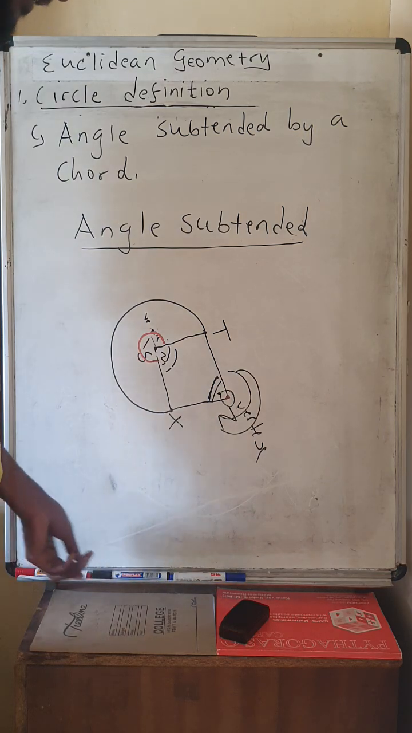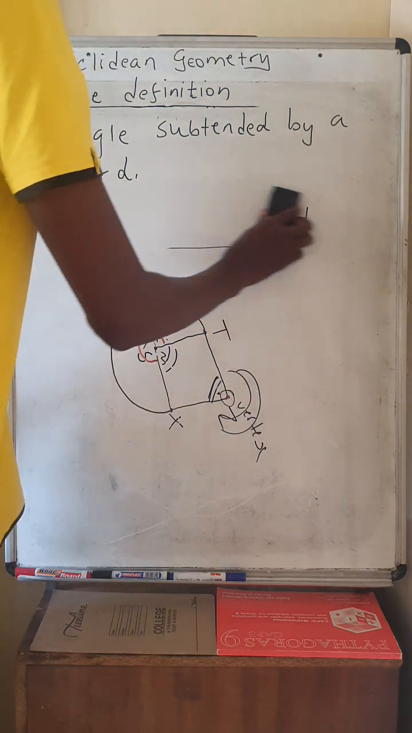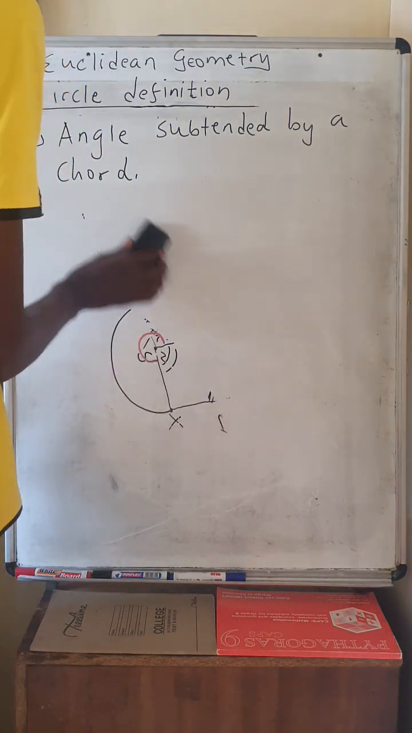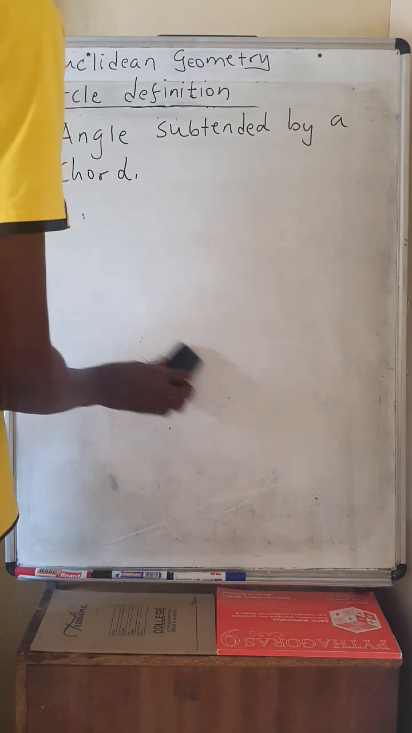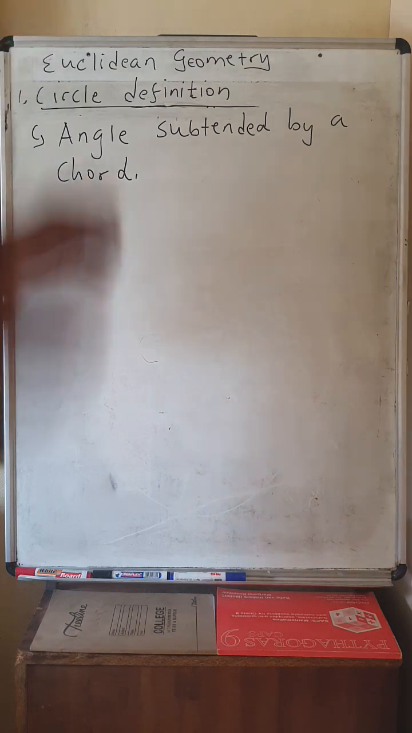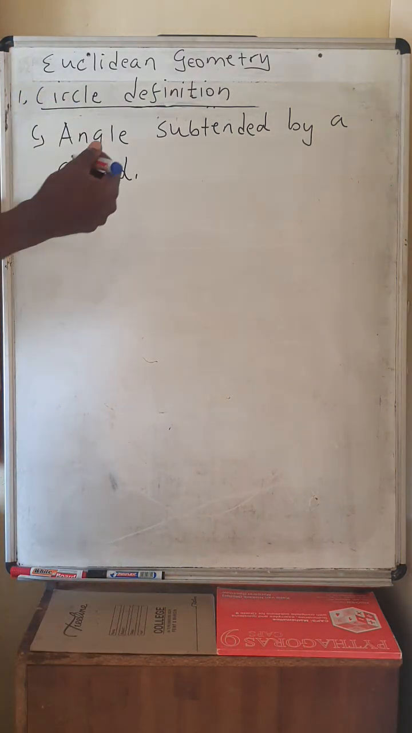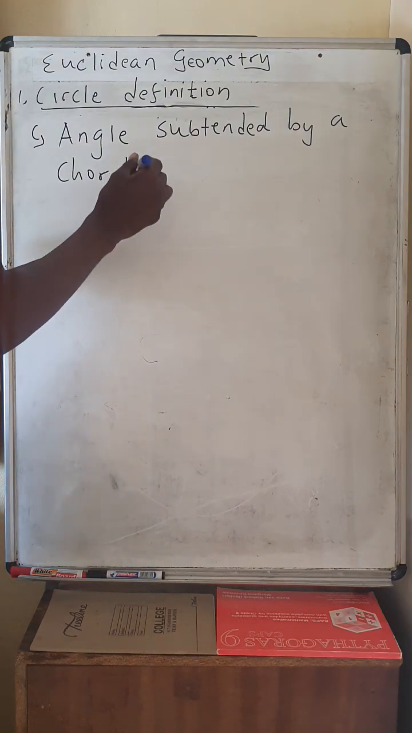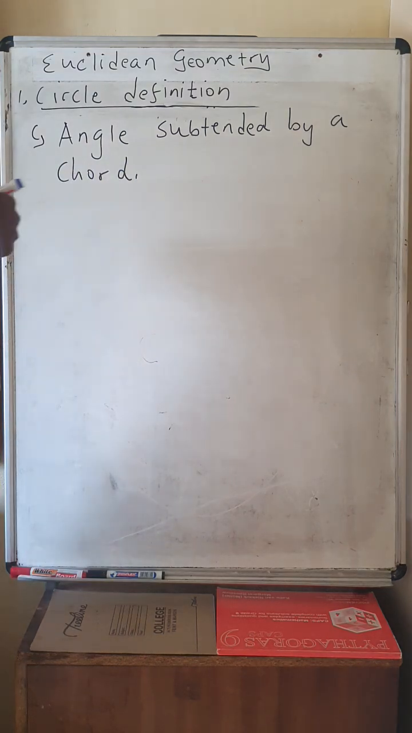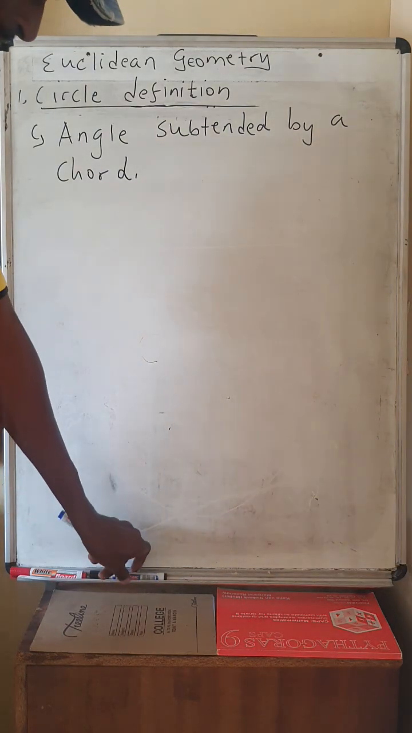Let us go now to our definition. So now you understand what we mean by subtended. Let us go to the next one. Let me define an angle subtended by a chord. We say an angle subtended by a chord is an angle with its arms